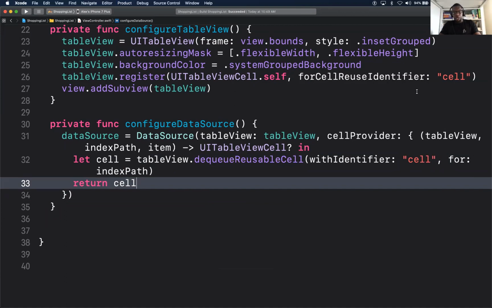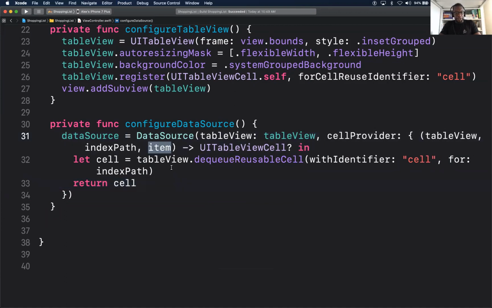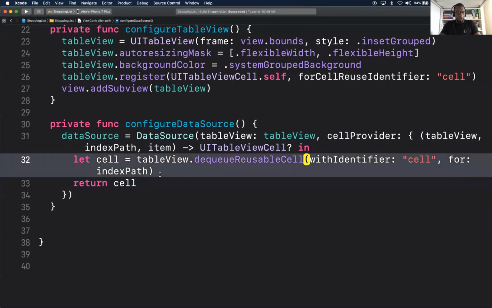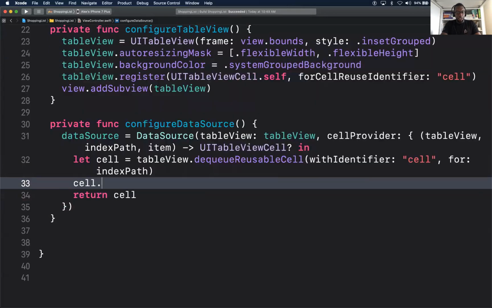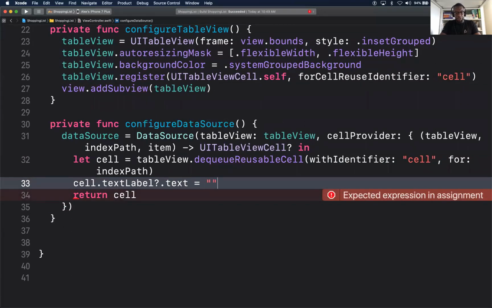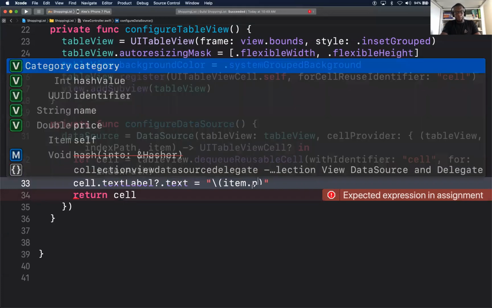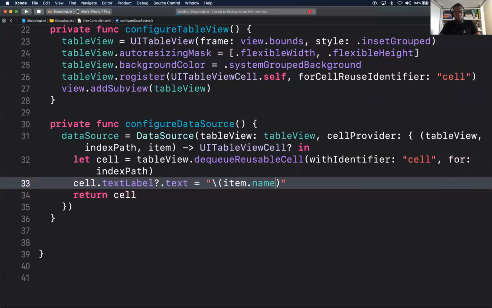Okay. Again, we have the item already, so we could simply just say cell dot text label dot text equal to anything that you want here. Let's just use string interpolation and just say, for now, item dot name. We'll come back and add more values here later, but for now, just say item dot name. And we are done with configuring the data source itself.